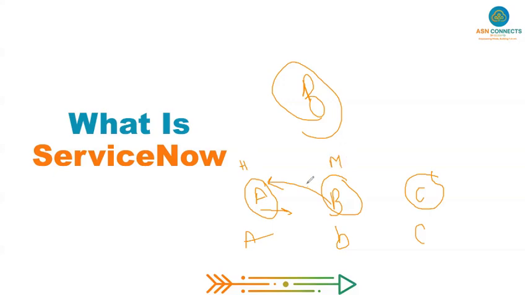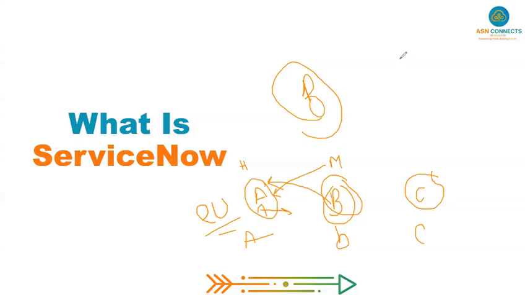To resolve the issues in branch A, branch B people should go there. Is it easy to go there and do it? There are so many constraints, such as travelling, distance, and time management, because as soon as they face any issues, indirectly customers, the end users, will be having issues. Till that time, end users may not be happy using the bank's services. To overcome these challenges,